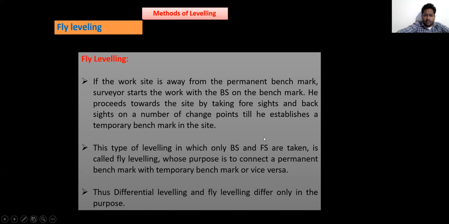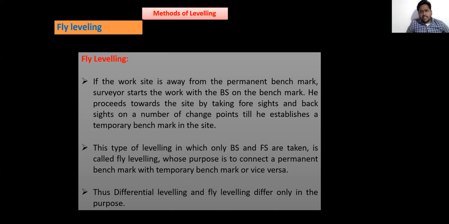This type of leveling, in which only backsight and foresight are taken, is called fly leveling, whose purpose is to connect a permanent benchmark with a temporary benchmark or vice versa.